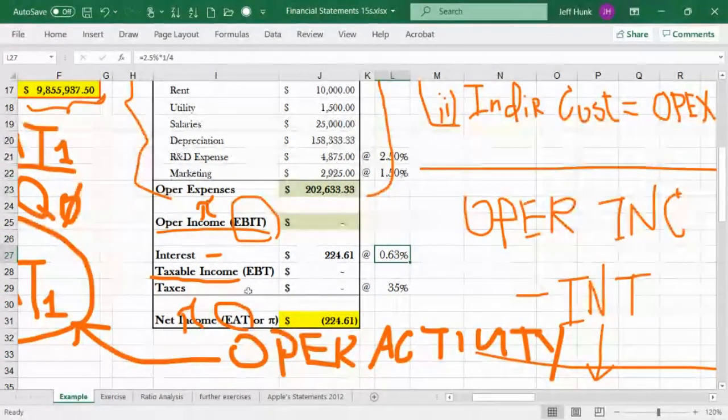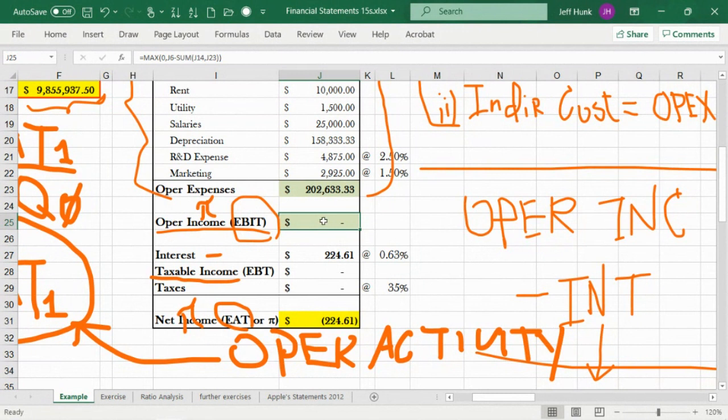So you pay out interest, then I drops out from EBIT because interest is paid. Then it becomes EBT, earnings before taxes. Another name for that is taxable income. Of course, it's earnings before paying taxes. Taxable income is the proper name for that. And then you pay taxes. And in our example,